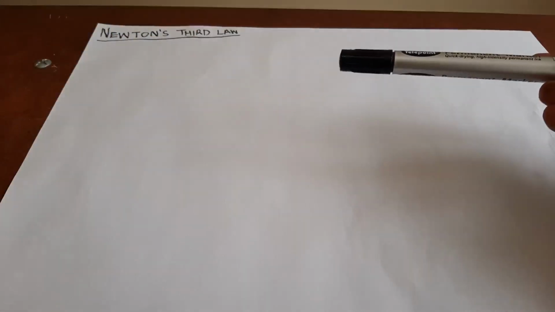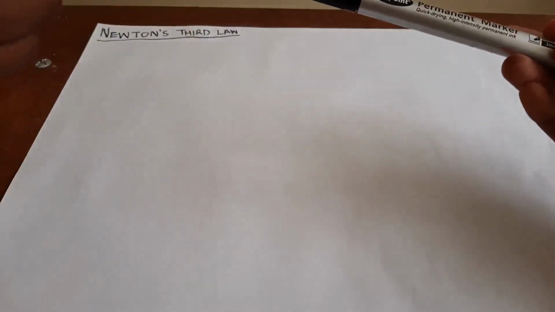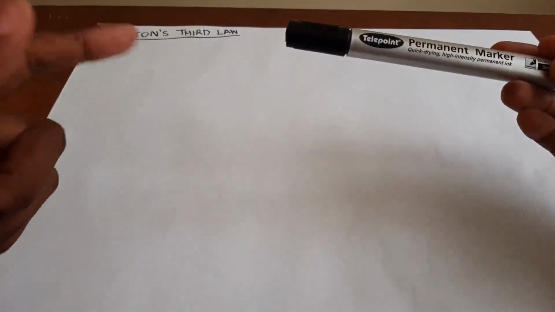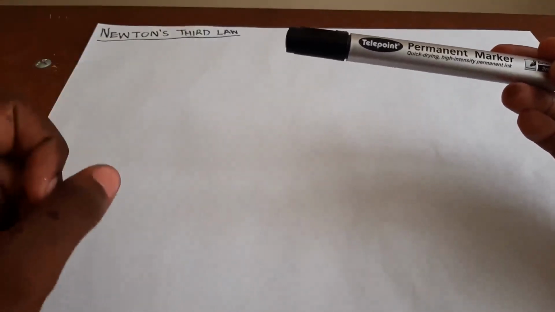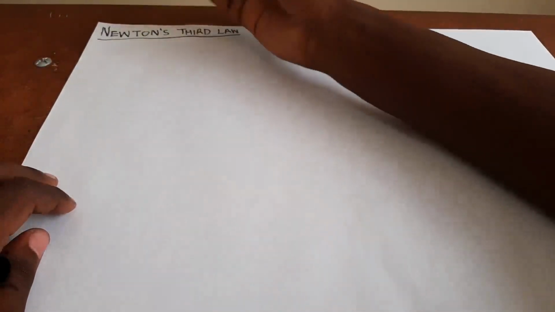So this basically means that if body A exerts a certain amount of force on body B, then body B will exert the same amount of force on body A, but in the opposite direction. For example,